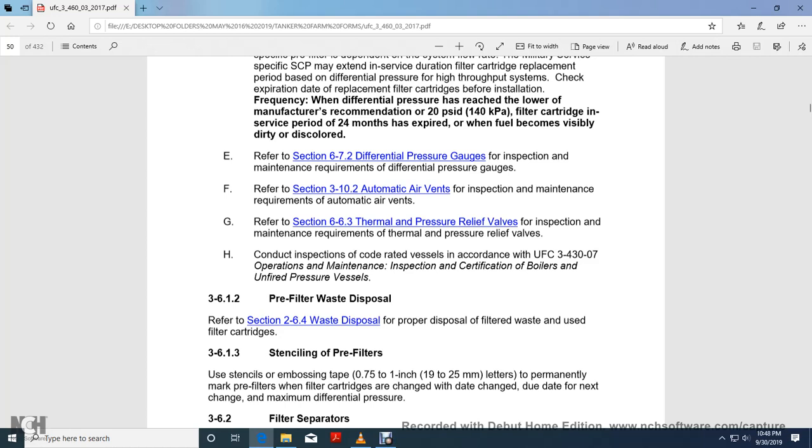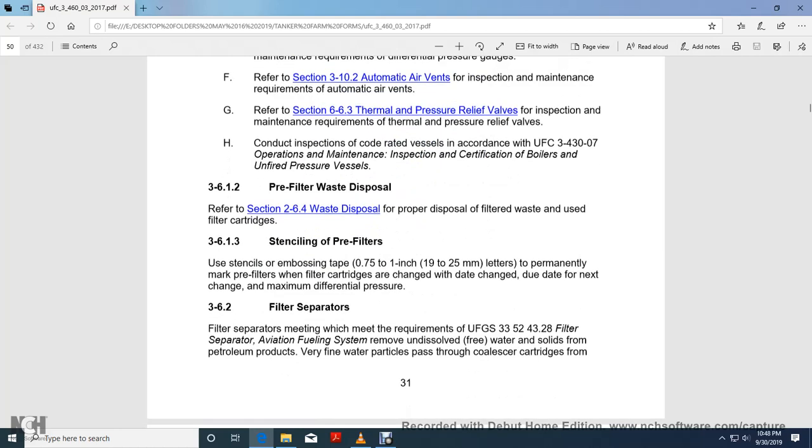3-430-07, Operation, Maintenance, Inspection, and Certification of Boilers and Unfired Pressure Vessels. 3612, pre-filter waste disposal. Refer to section 264, waste disposal, for proper disposal of filtered waste and used filter cartridges. 3613, stencil of pre-filters. Use stencils or embossing tape to permanently mark pre-filters over the filter cartridge with the change date,